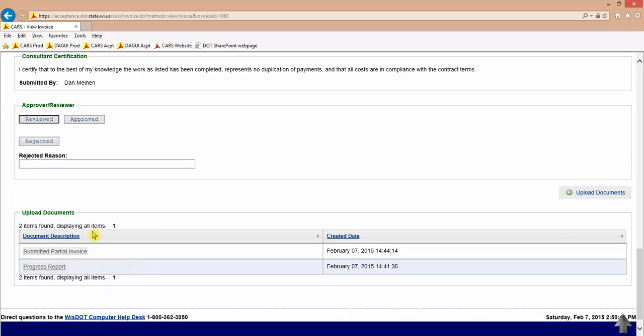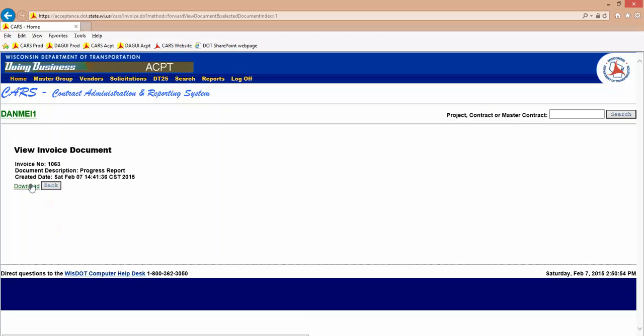So one thing that we can do is at the bottom we've got these supporting documents. If I wanted to see a progress report that they uploaded, I can click on this link. And this is going to be a PDF that they uploaded, so I could go ahead and download that document and take a look at it. So that's just supporting documentation. I'll click back,